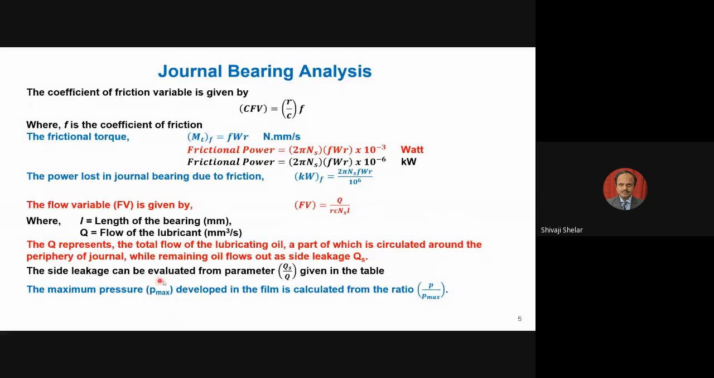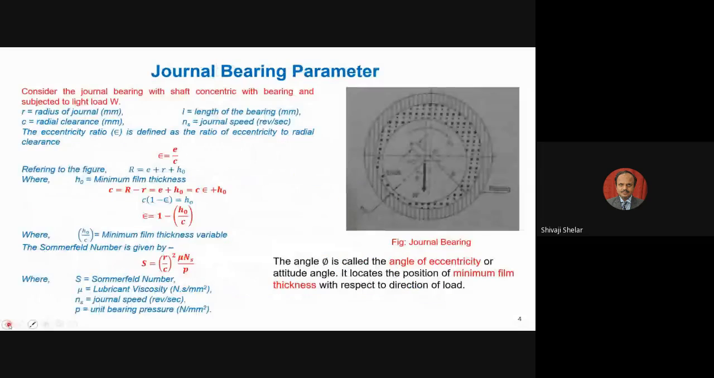So sometimes it is very important to know the maximum pressure developed in the fluid. This relation can be written in the form of P by P max, another dimensionless number, because the unit is Newton per millimeter square here, and also Newton per millimeter square here. So you will have a large number of dimensionless parameters based on your Sommerfeld number, based on your eccentricity ratio, or based on your H0 by C value. Either of these two values,